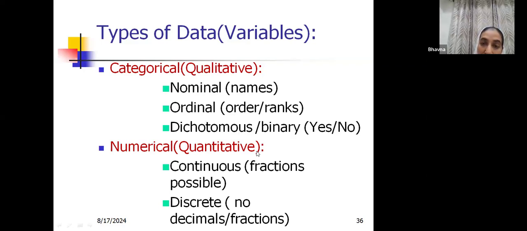So last time we talked about all of this: bar diagrams, spot maps, all of these are used to represent qualitative data. But today's class is going to be based on quantitative data, the other name for which is numerical data, okay? Now it is mainly of two types. You have to have a complete understanding of what is continuous data and what is discrete data. Continuous data is that data which can be divided into fractions, okay? That is, decimals are possibly seen in continuous data, but no decimals or fractions are possible in discrete data, right?